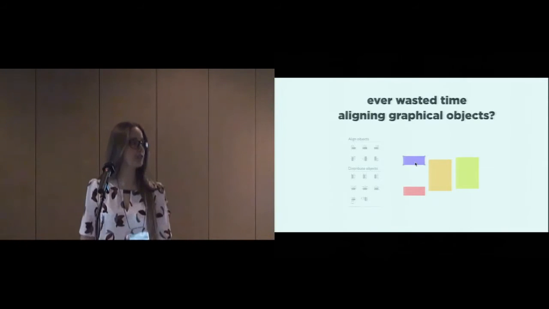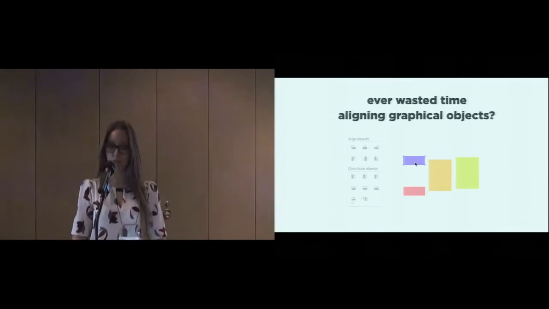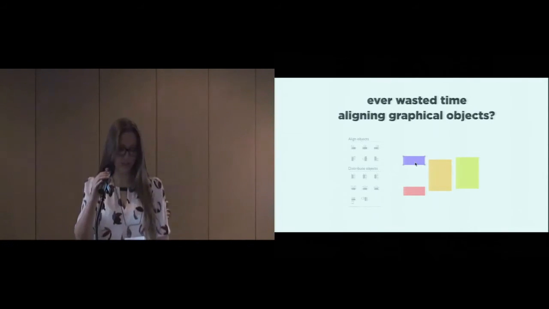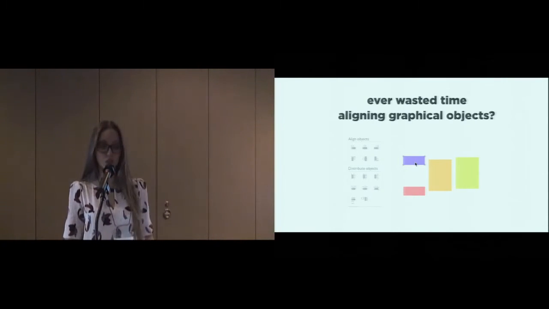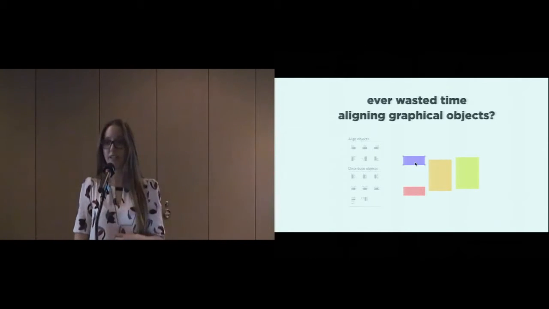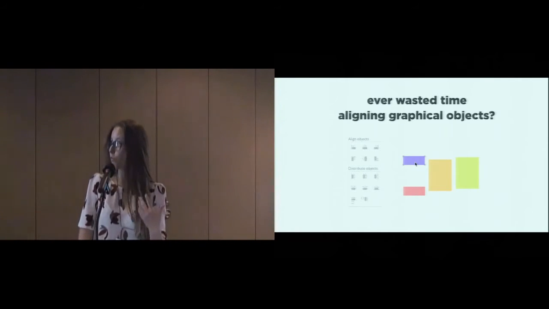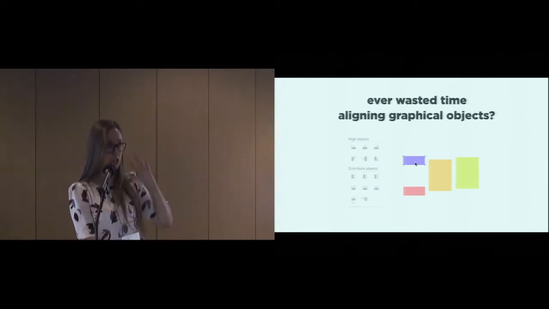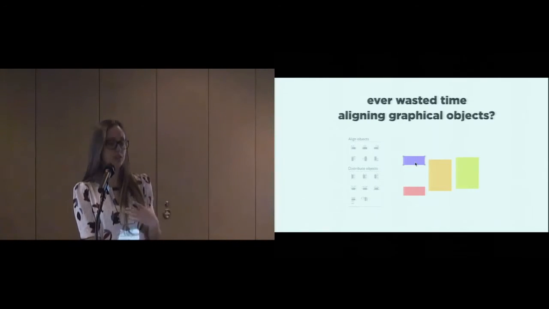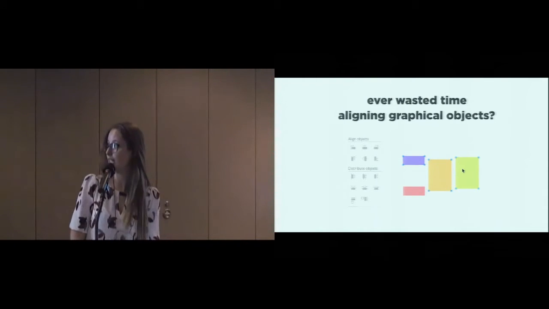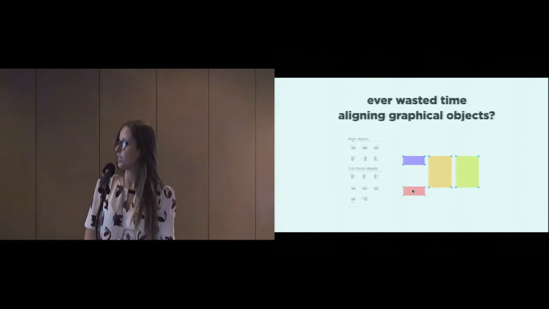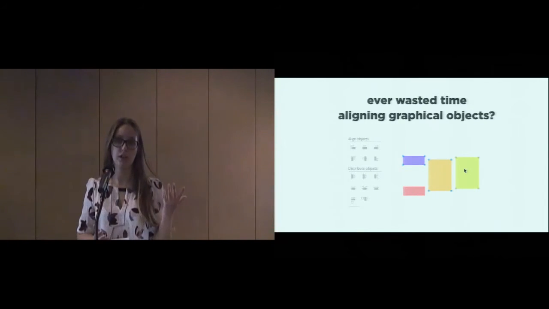So, have you ever wasted time aligning graphical objects? When people create graphical documents, such as slides or posters, they need to position graphical objects precisely. And existing tools usually provide commands to align and distribute a set of selected objects, either horizontally or vertically. So for example, let's say that I want to align these three elements by their tops. So I do it, now these other three by their bottoms, and this is what happened, and we're back to